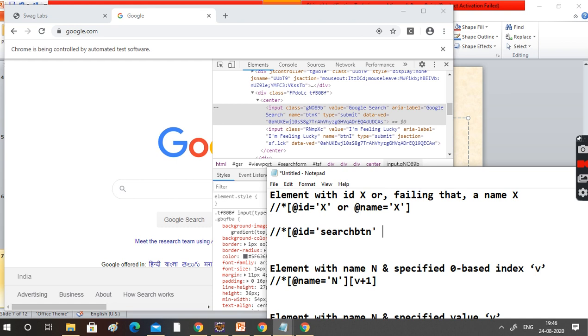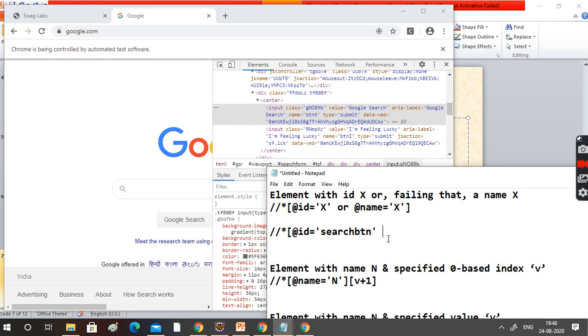Maybe recently they removed the ID attribute, maybe one month before. In the last month, whatever test case you developed, all of it is based on this ID attribute. This month you try to find the ID attribute, it is not there, and your script is failing. You want to make your script pass without any failure. How can you do that?